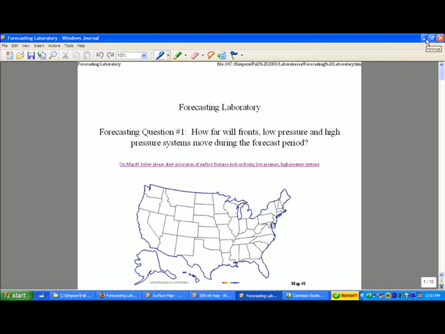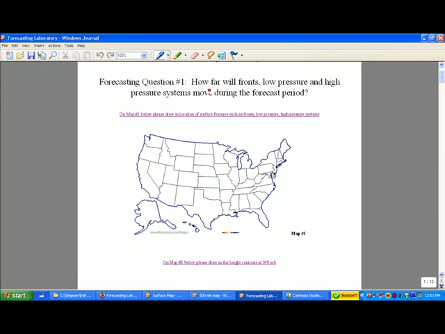This is just a brief module on forecasting lab number 2. In this particular lab, we want to figure out how to move cold fronts, warm fronts, low pressure systems, and high pressure systems. What you see currently is map 1, and what we'll do is look at forecasting question number 1. In other words, how far will fronts, low pressures, and high pressure systems move during the next 24-hour